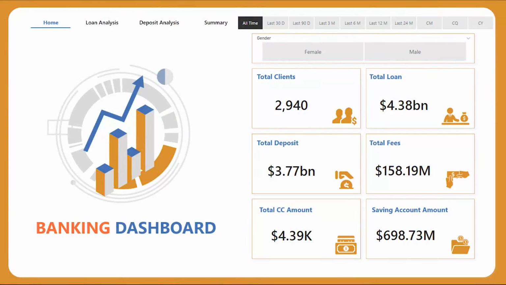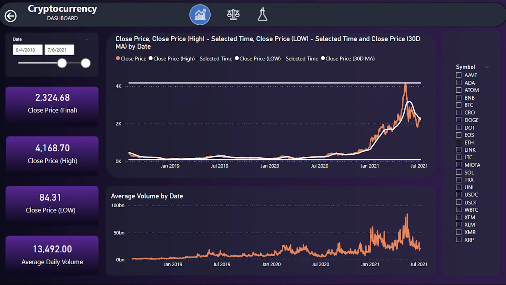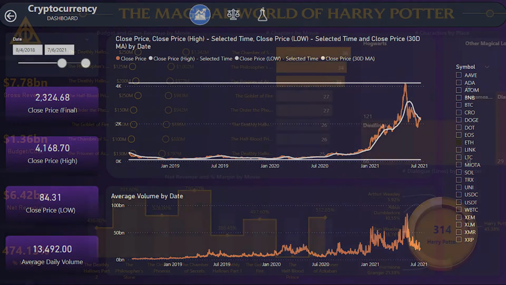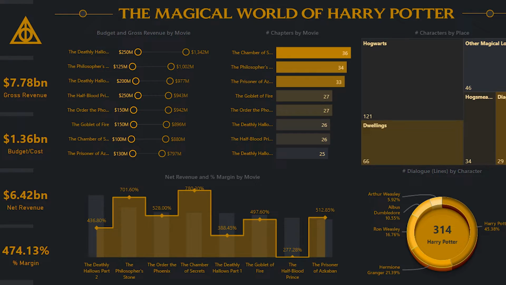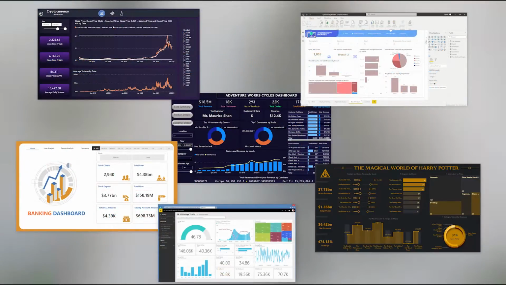Who is this course for? Doesn't matter if you are an experienced professional or a fresher, this course makes sure that you learn Power BI from scratch. Which means the classes are going to start from very basics and will take you to the most advanced topics. Once you master Power BI, you are ready to jump into the field of data analytics as a BI analyst, data analyst, or a Power BI